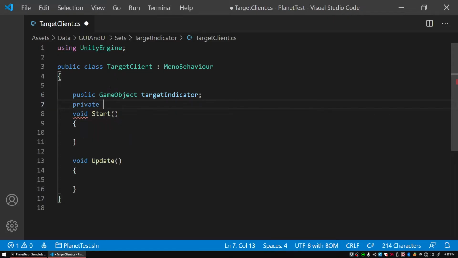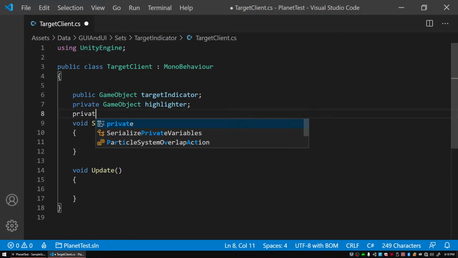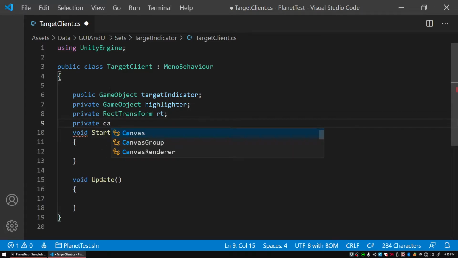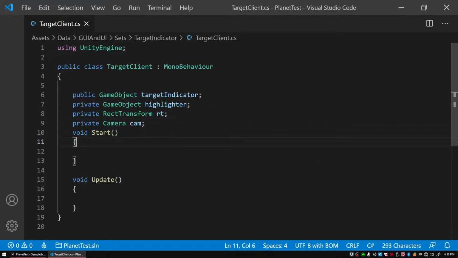And then we're going to have a private GameObject highlighter. And that's going to store our prefab. It's going to be a container that's going to hold that for the duration that it's alive. And then we're going to go private RectTransform, and we'll call it RT. And we'll go with a private Camera, and we'll call it cam. There we go. And the Start method, let's jump down here, and we're going to type in highlighter equals